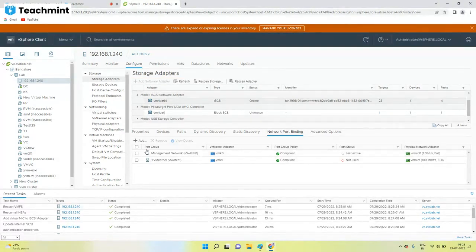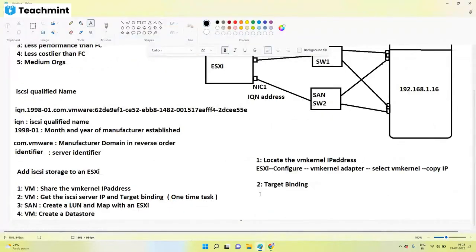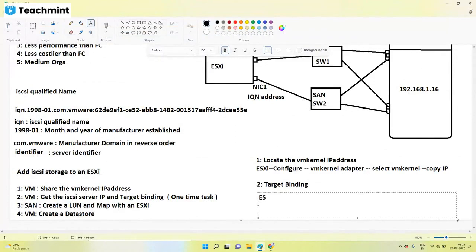Okay, it's completed now. Target binding is completed. So for this ESXi machine, configure storage adapter, select the iSCSI adapter,